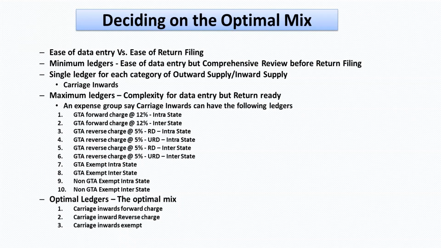Instead of that, we can configure the expense voucher itself under the category of purchases, and then generate it as part of my purchase register. Because for 2A reconciliation, if we enter it as a journal entry, it will go and sit in my journal register. So I have to pick up data from my purchase register and journal register, merge everything and then do a comparison. So it is always advisable to do that.